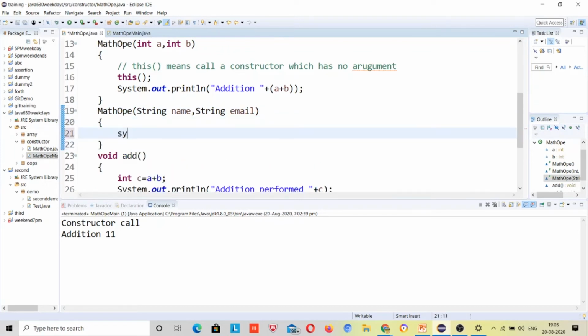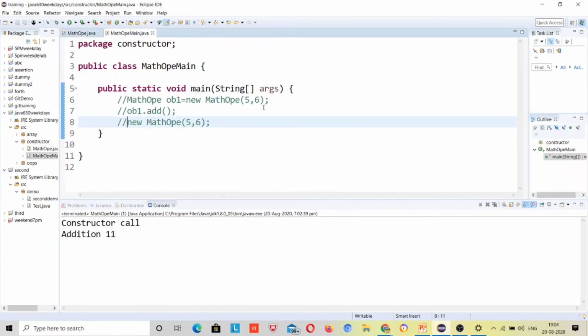And here System.out name plus email. Now here I will call